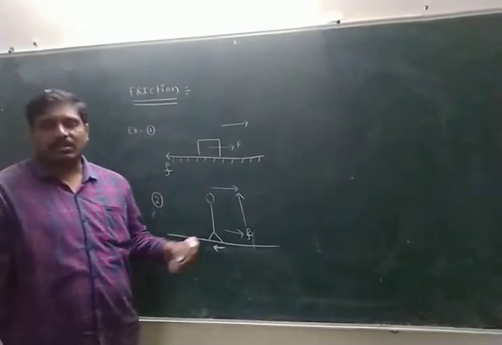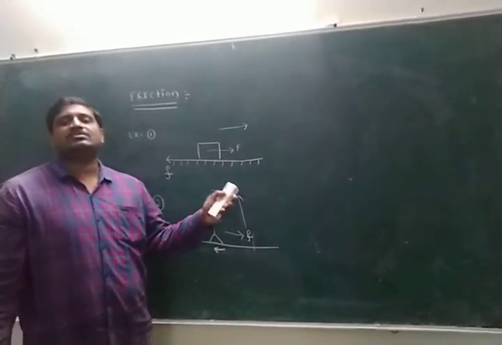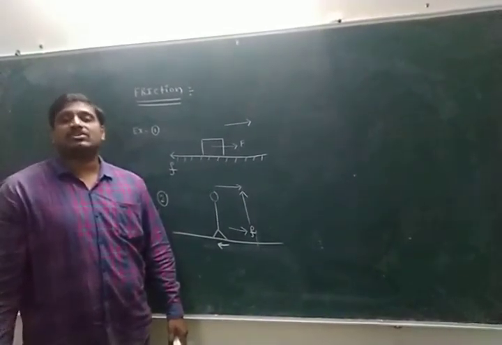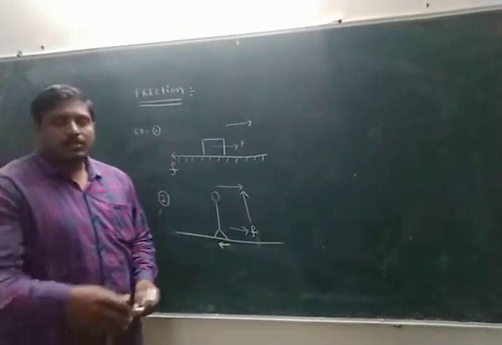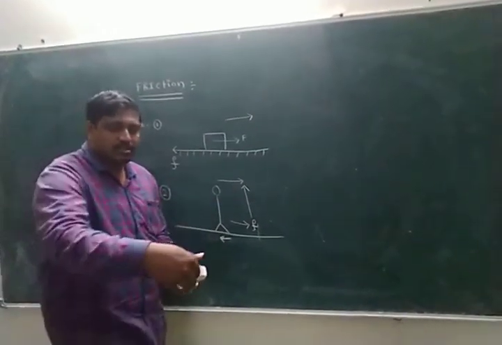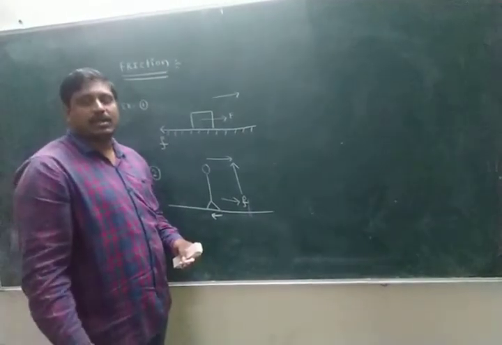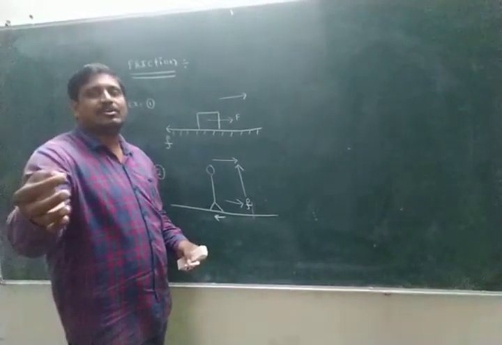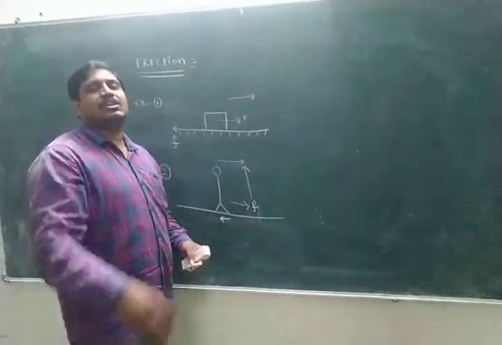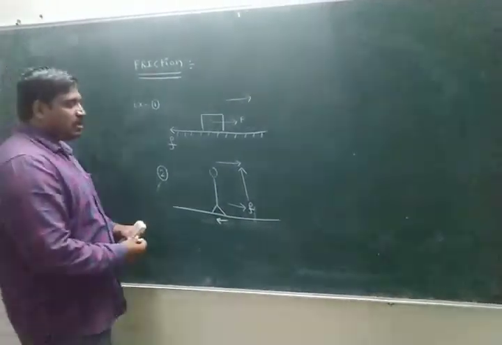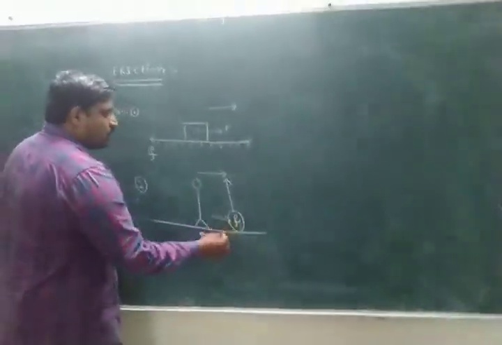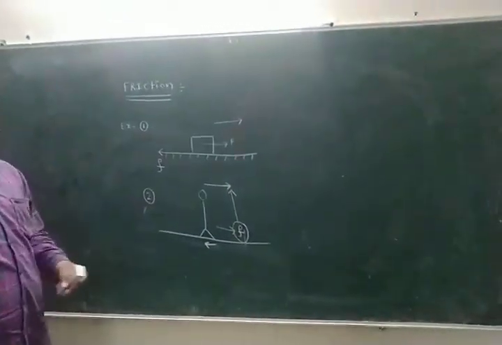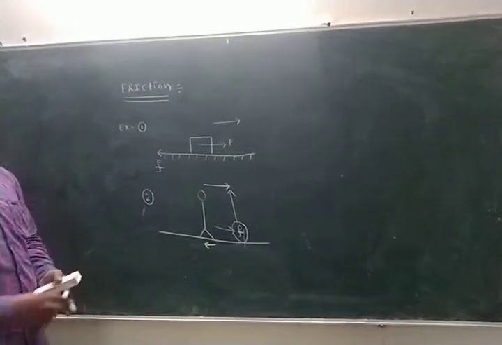Once again, a boy moves towards the east. Friction also acts towards the east, because as the boy walks east, the five fingers of his foot move towards the west. Frictional force is always opposite to the external force. That's why friction acts in the same direction as the motion of the boy. This is an observed phenomenon.